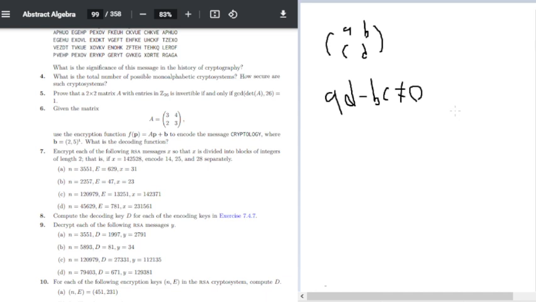So from there, what we have is that if ad minus bc is not equal to 0, remember we're talking about congruences, so ad minus bc is not congruent to 0 mod n, which means that ad minus bc